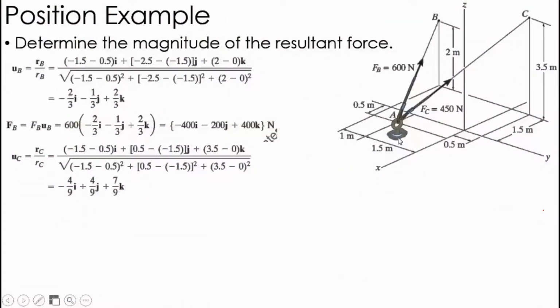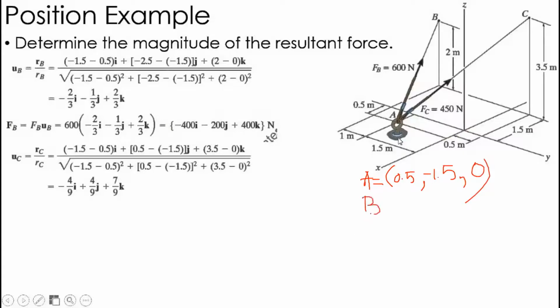So let's take another example. This is the same question in which you have to find the coordinates. Let me tell you how we can solve position vectors. Let's look here. What are the coordinates of point A? This is the origin, and you have to move on the negative y-axis, and it is minus 1.5, and on the x-axis it is 0.5, and the z-axis is 0.